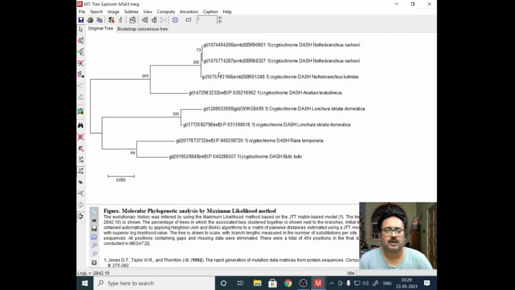Anyway, suppose you are getting two different families or two different species, and you are getting a 73 and all the others are 100. Ideally you should go back and check your data, to see if there is any problem in the data. Or suppose you see there is a problem in the sequence, that is, in one sequence some portions are extra, and in another sequence those portions are not there.